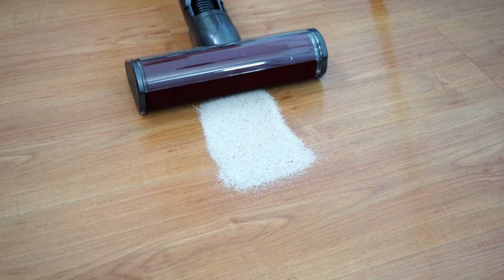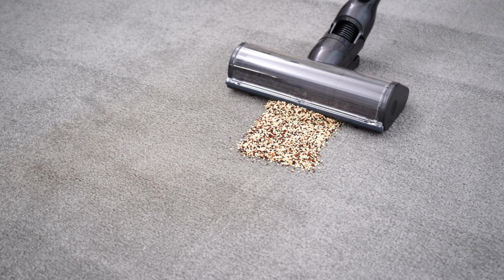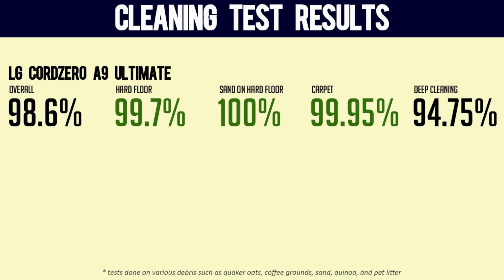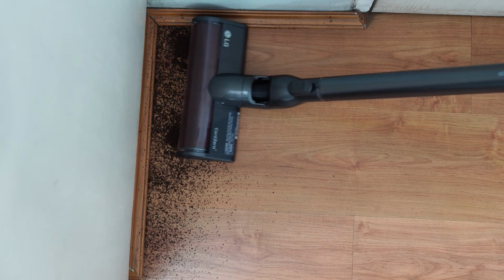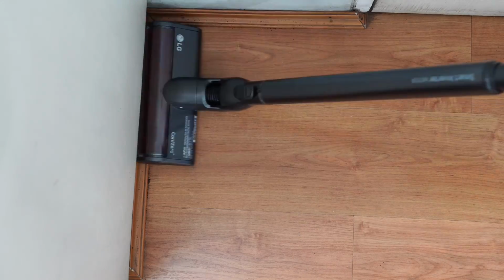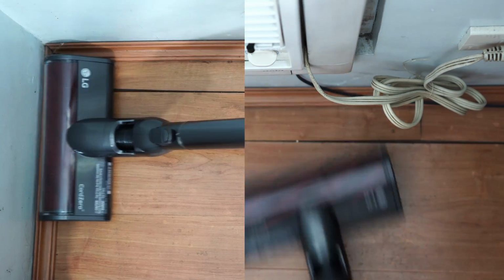Despite having below average airflow for a premium stick vacuum, the CordZero A9 did surprisingly well, especially with surface debris. It picked up in the high 99s, an almost perfect result, and it did better on carpet, at least with surface debris. This performance also translates well at cleaning edges, as the A9 did well cleaning this area efficiently, which is the crucial element. It also has enough airflow to pick up debris scattered in this 1/4 inch crevice in